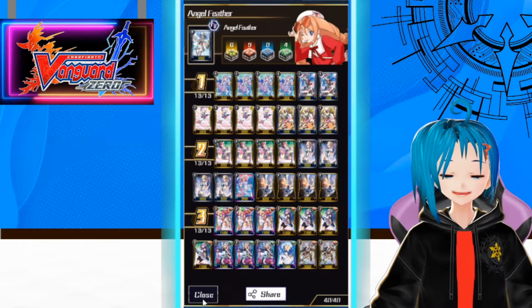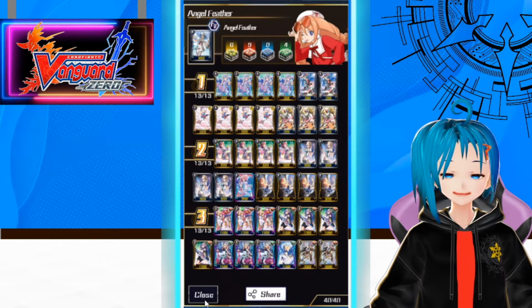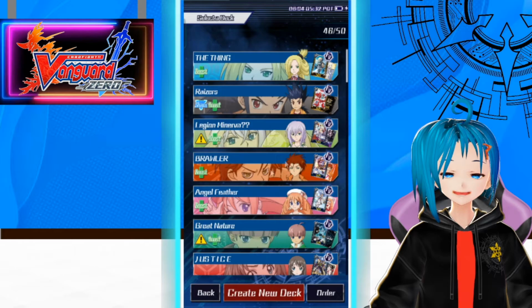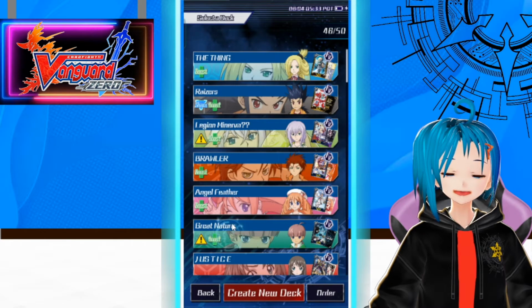Maybe a bit too complicated for me, especially when it comes to swapping damage zone or efficient multi-attacking. I'm really not that great with this deck. Same with Genesis, those two decks I kind of steer away from, but it's fun to dabble here and there. Great Nature though,